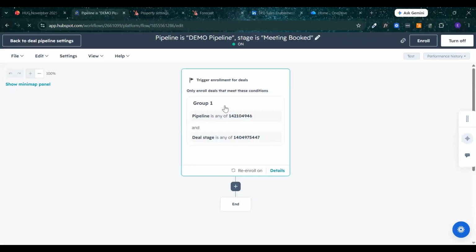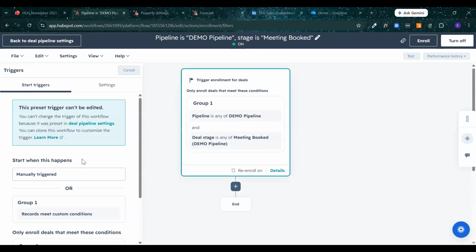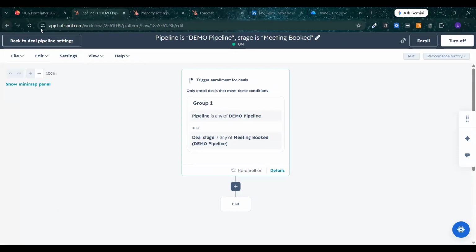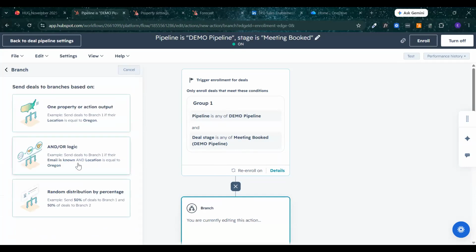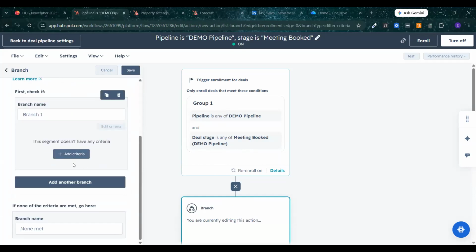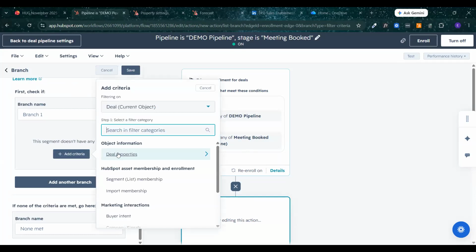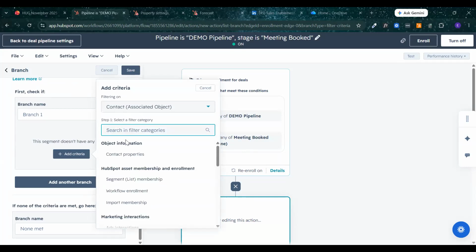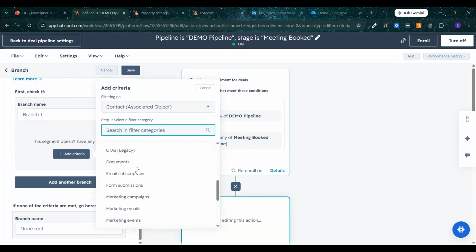And so I just clicked on that, but it's going to start this. But let's say, oh no, I can't edit it. But let's say that we want to move it out. This doesn't make sense. I should have clicked on the one before. But let's say we want to move it into a new stage if a certain condition is met here. So it enters this stage, and then we'll do something like check whether or not there is a meeting booked. So we can pop in here. We can look for on the contact record if they have a meeting booked. Is meetings its own thing still? No. Whoops.